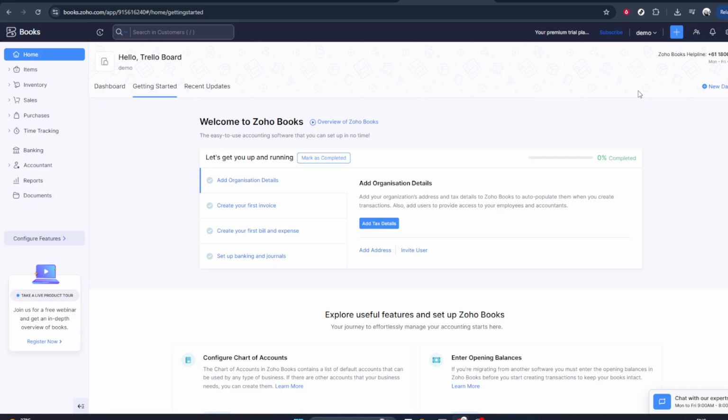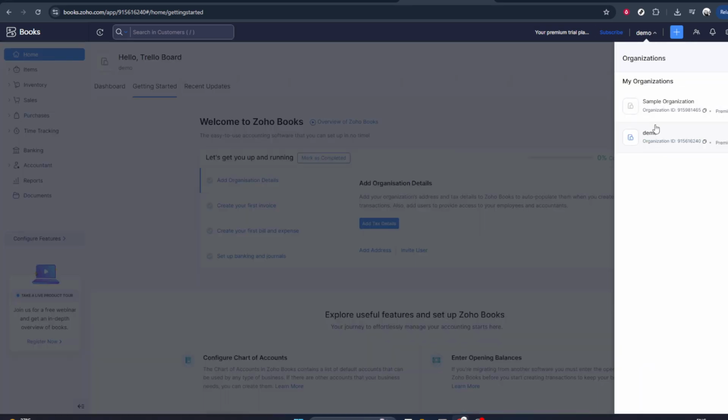From this point on, any action you take, such as creating invoices, adding expenses, or updating contacts, will apply to this new organization. That's all you need to do to switch organizations in Zoho Books. Click the current organization name at the top, choose the organization you want from the list,